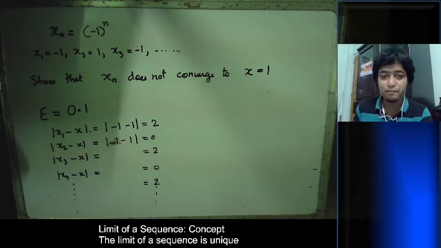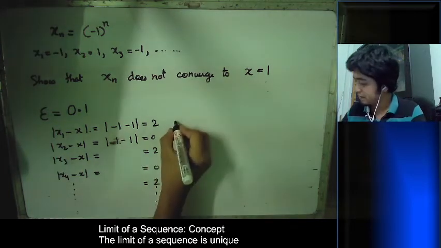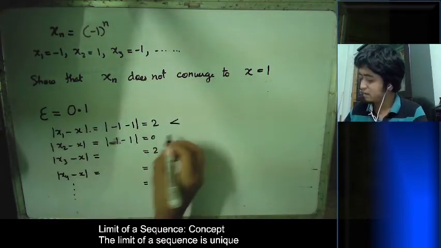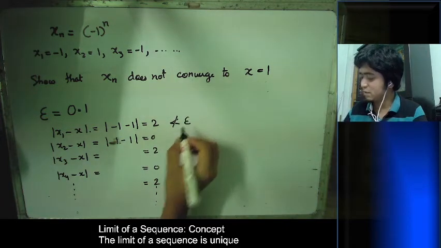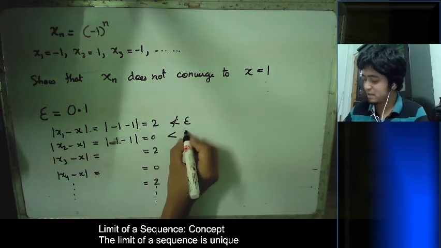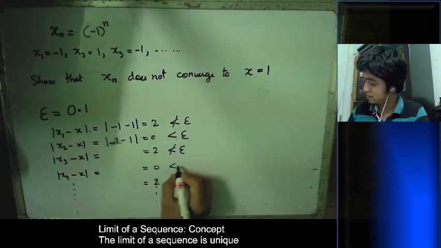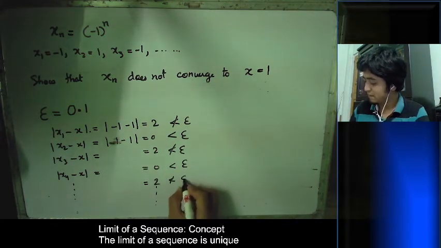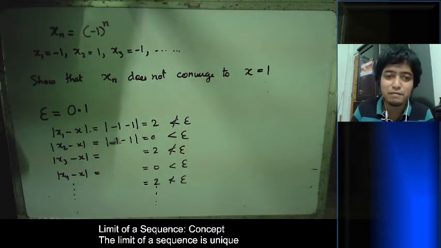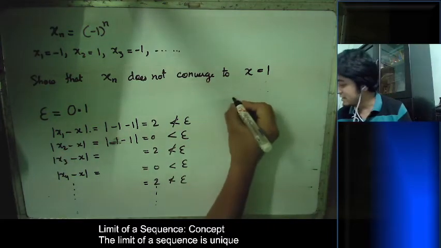Now you just check. Is this one smaller than epsilon? No, it's not smaller than epsilon. This one, is it smaller? Yes, it is smaller than epsilon. What can we say from over here? There does not exist